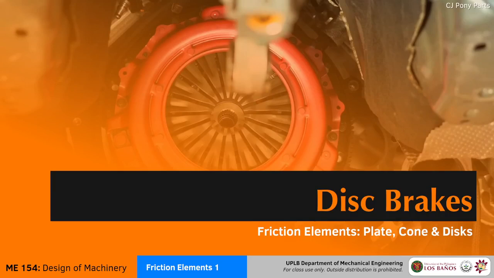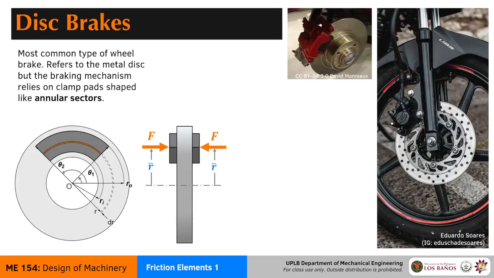So our last one here is called the disc brake. The irony here is that the pads themselves are not in the shape of discs. These are referring to the discs that the pads are engaging with. So the disc brakes, these are the most commonly seen types of brakes. So you see this in motorcycles, on automobiles, and even in bikes. You have those little pincer brakes for some mountain bikes. Those are also disc brakes.